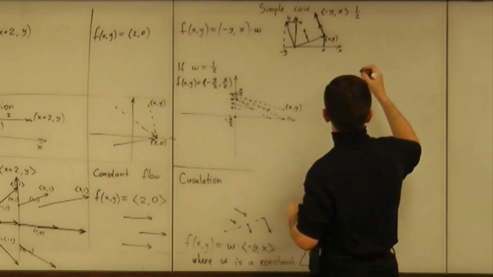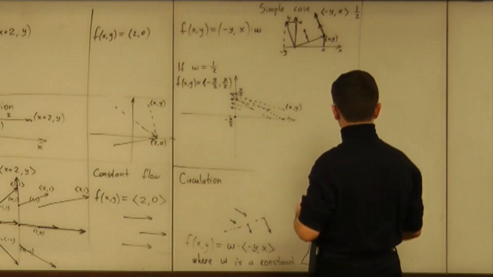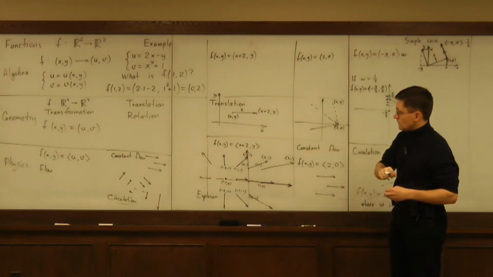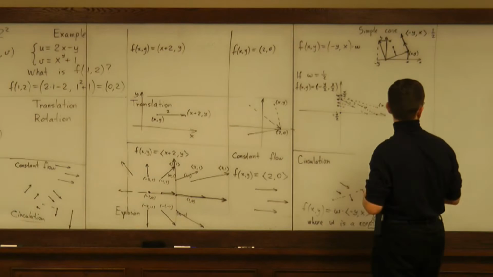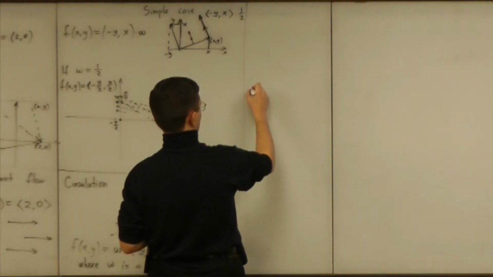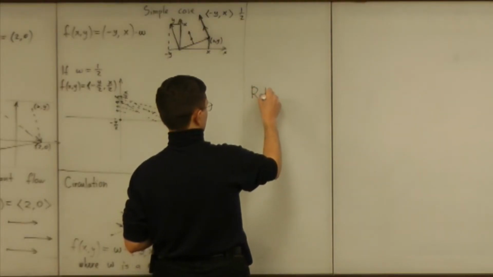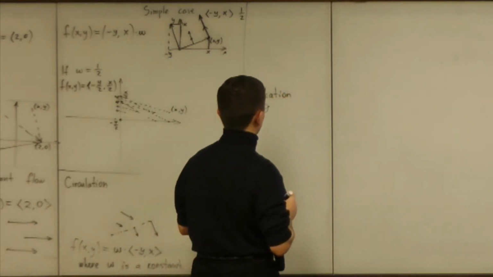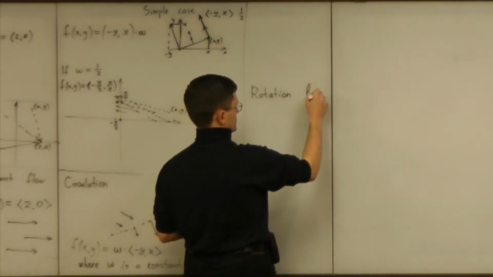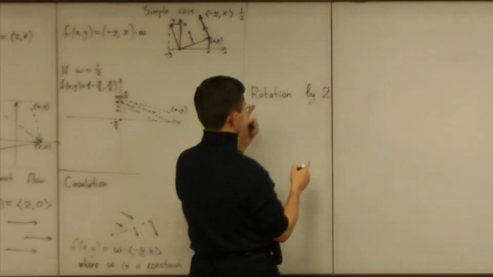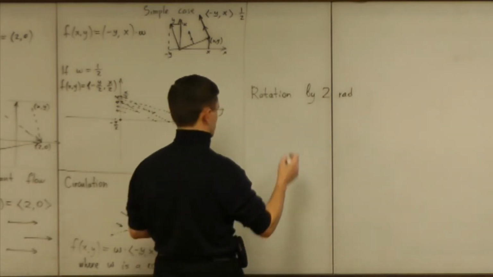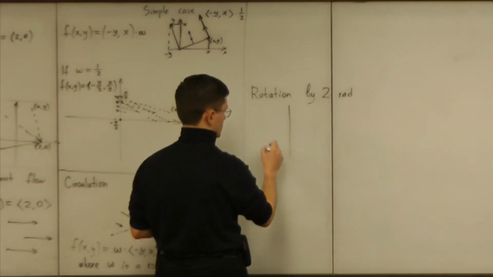All right, so let's look at the last example. The last one is rotation in geometry. So let me look at rotation. And just to be specific, let me pick rotation by 2 radians. So that means geometrically,